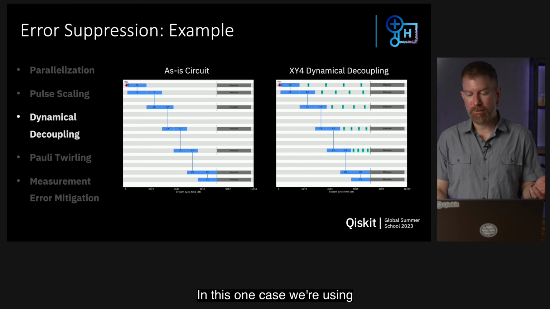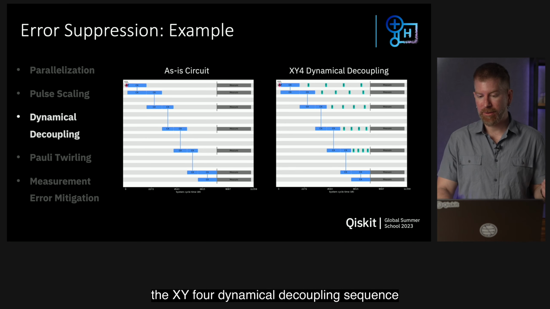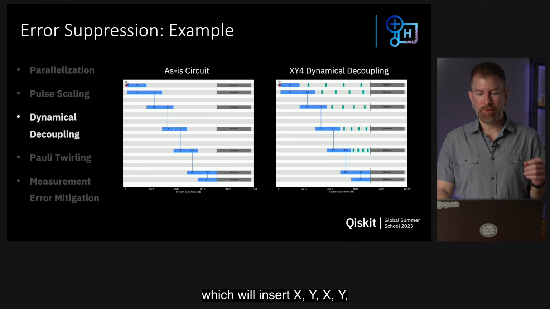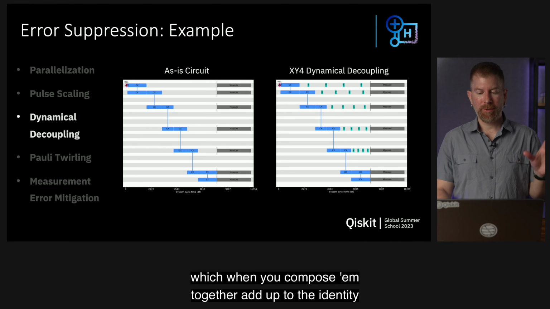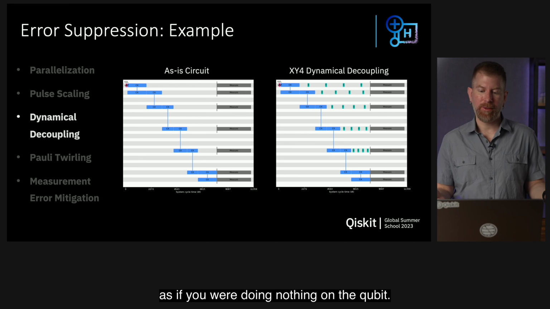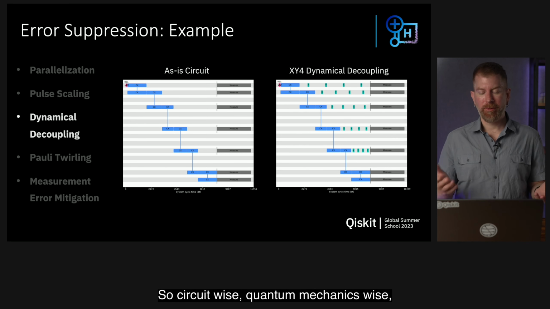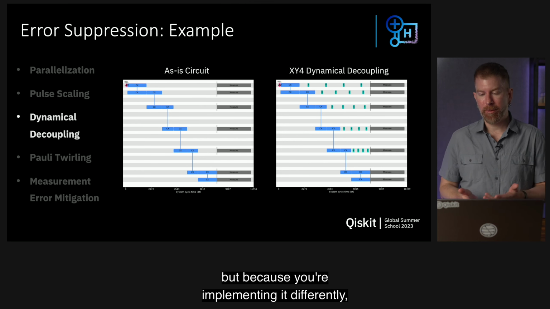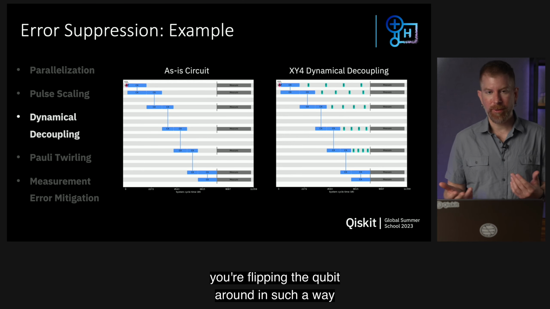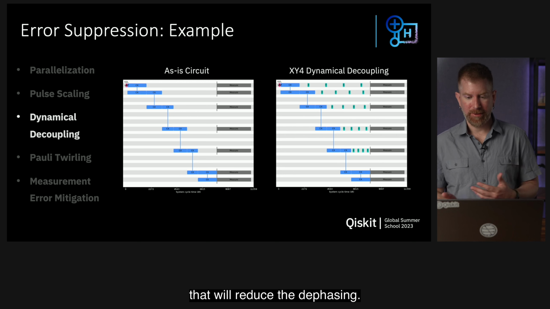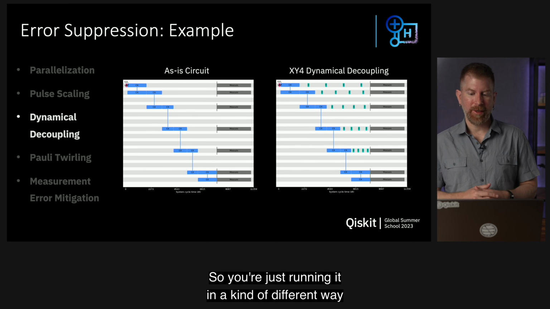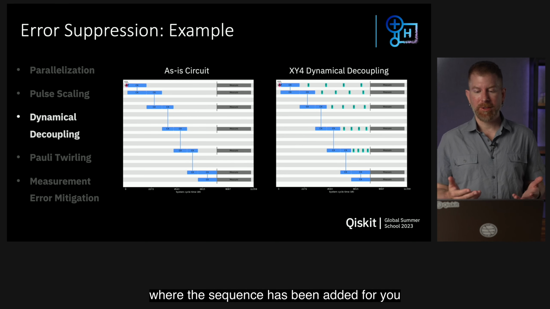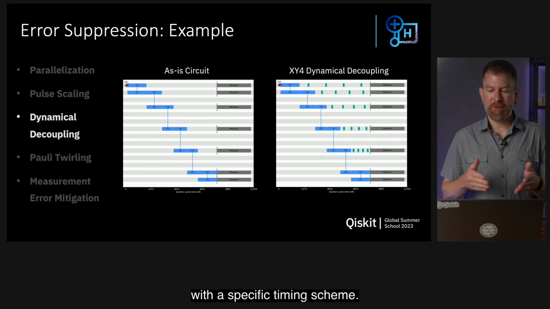In this case, we're using the XY4 dynamical decoupling sequence, which will insert XY, XY, which, when you compose them together, add up to the identity as if you were doing nothing on the qubit. So circuit-wise, quantum mechanics-wise, it's the same operation, but because you're implementing it differently, you're flipping the qubit around in such a way that will reduce the dephasing. So you're just running it in a different way, where the sequence has been added for you with a specific timing